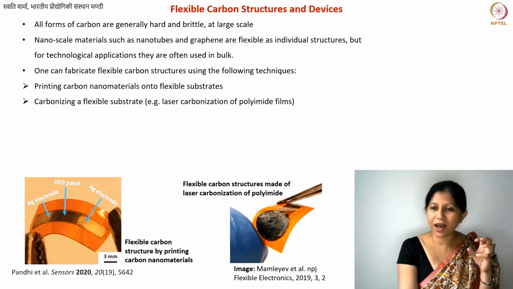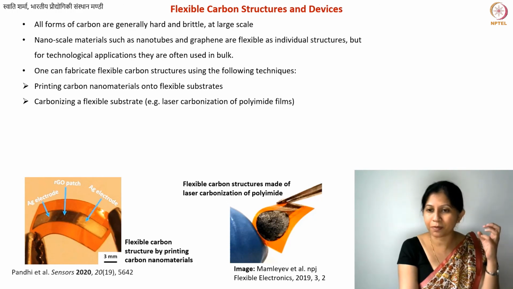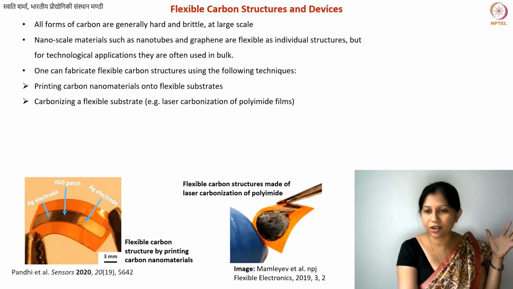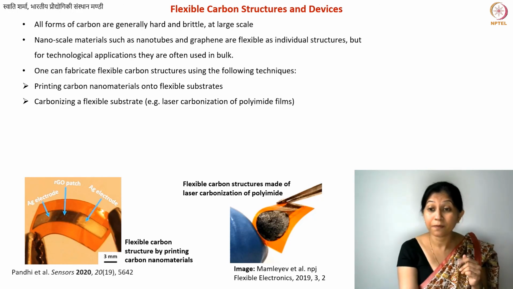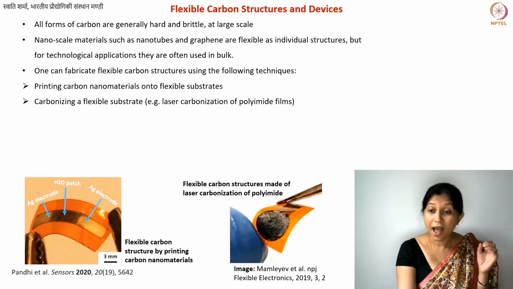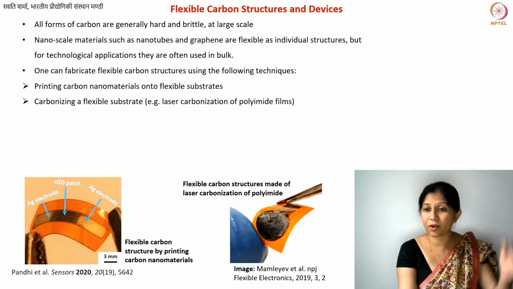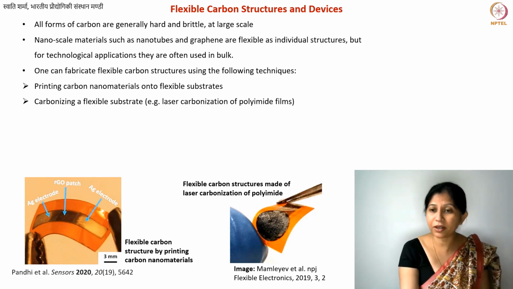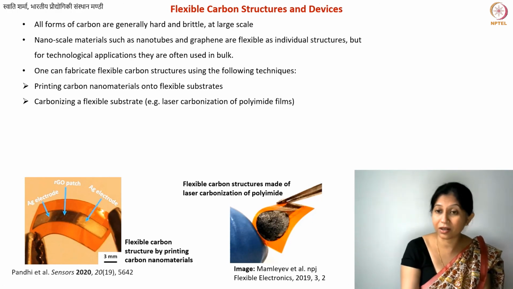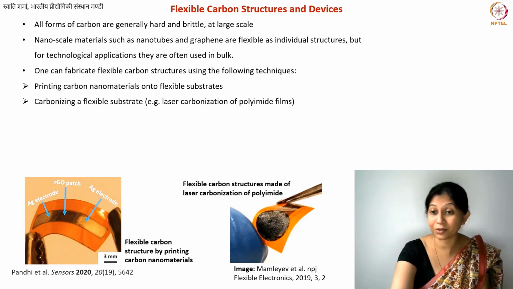So there you're providing your material enough time. All the gases, byproducts, tars, whatever is coming out of it, you give it enough time to release. Also, you have some nitrogen in your furnace which pushes these byproducts out. That is not happening in the case of laser carbon. Number one, the process is very, very rapid, so it leads to a lot of porosity. Number two, these kinds of carbons have a lot of impurities because some of the tars and byproducts redeposit. Okay, but you can get reasonable properties, and also reasonable electrical conductivity. So this is another method of making flexible devices using carbon.